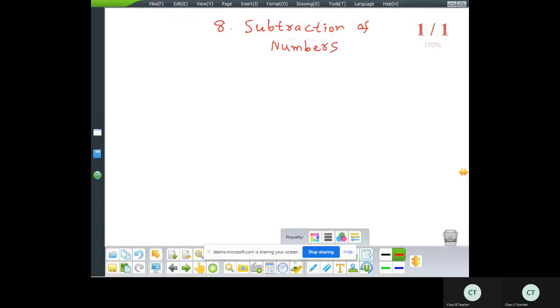Now question number 5. I am reading the question. Dear children, listen carefully. Look at the subtraction done by Madhavi. In this question, 5 questions are there, that is A, B, C, D, E. These problems were done by Madhavi. If there are mistakes, write the correct number in the bracket. We want the correct answer. That correct answer will be written in the bracket.